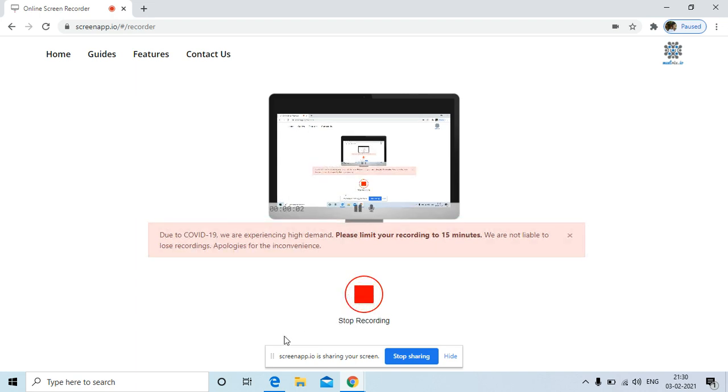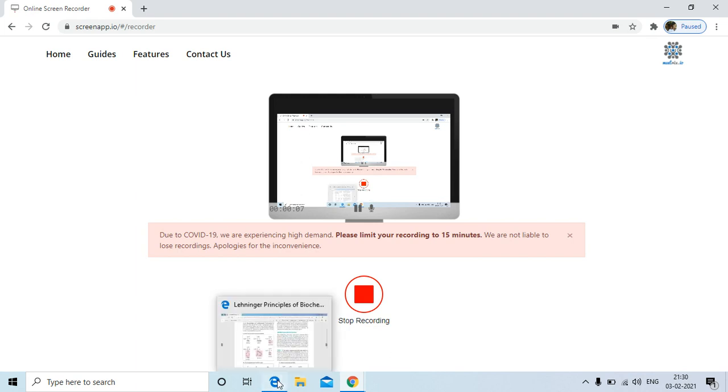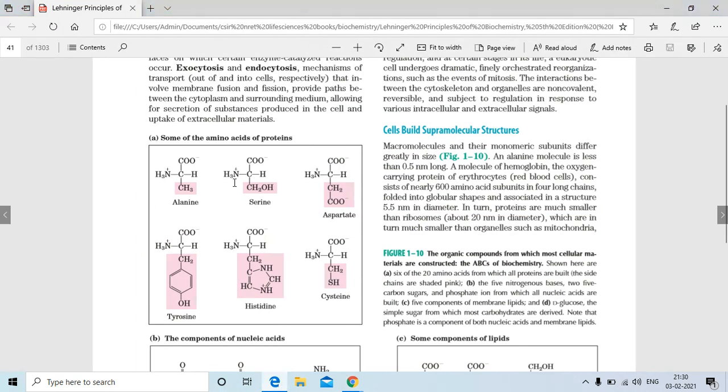Hello everyone. So in this third video, we are going to explain the basic amino acids of proteins, their structure, and we will also discuss the components of nucleic acids. Some of the amino acids of proteins are alanine, serine, aspartate, tyrosine, histidine, and cysteine. These are some of the important amino acids whose structures we have to keep in our mind, and we need to practice these structures, but we need to remember a basic framework of these amino acids